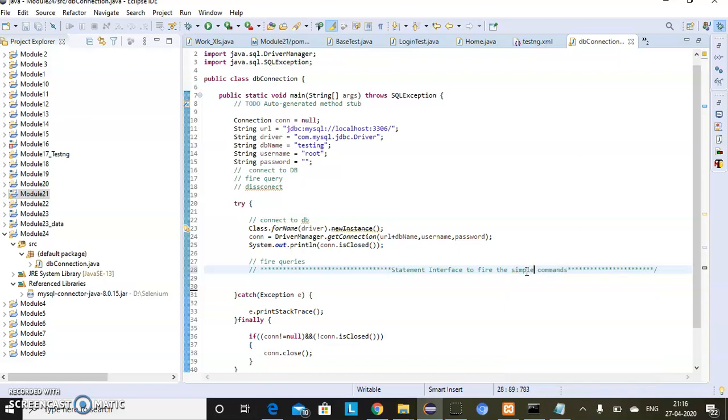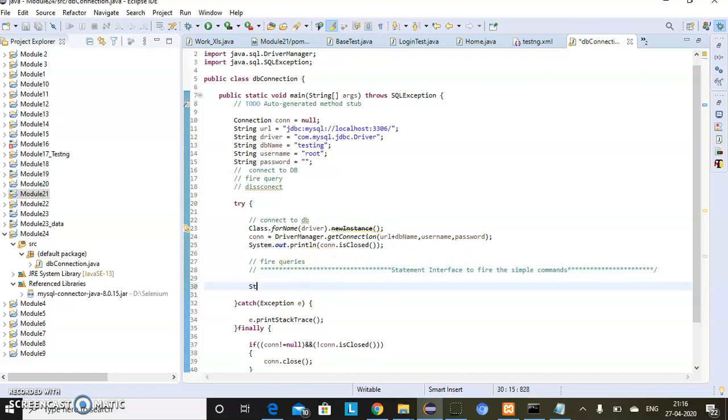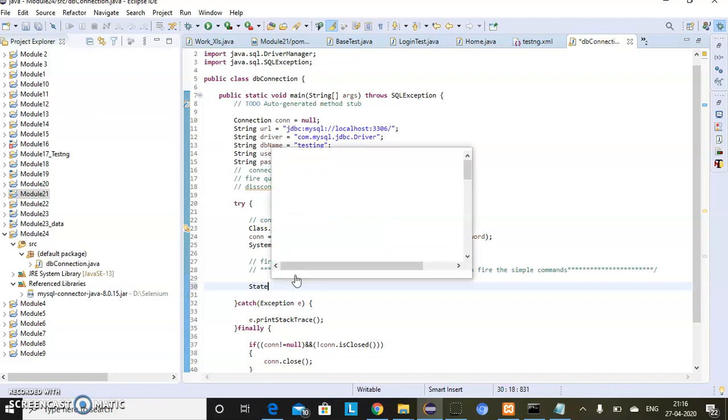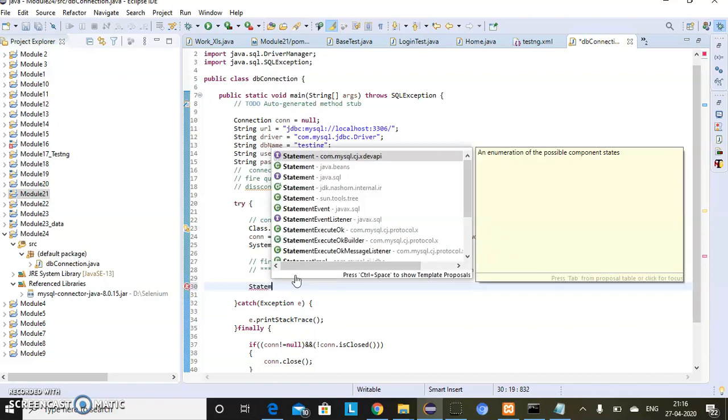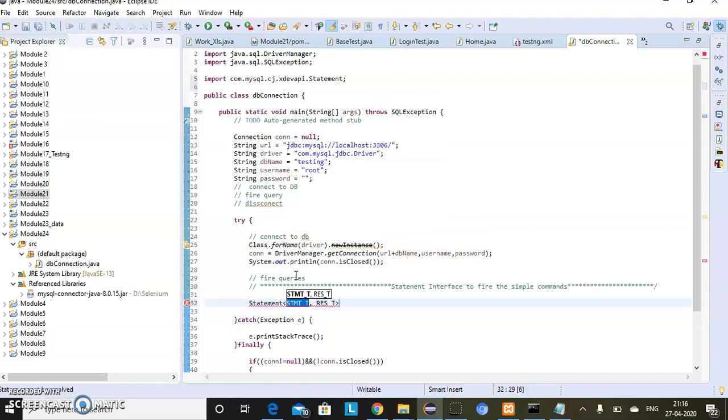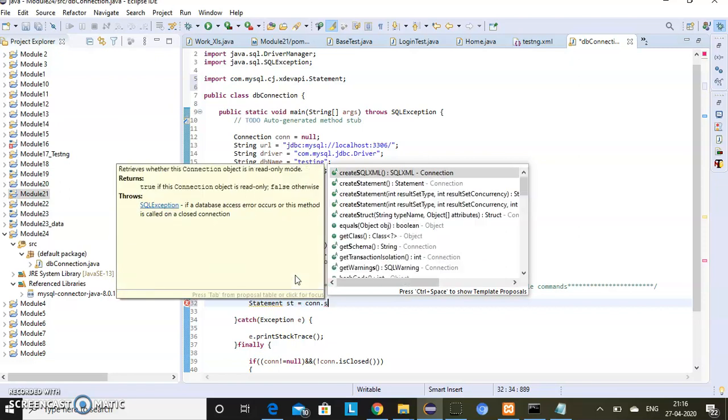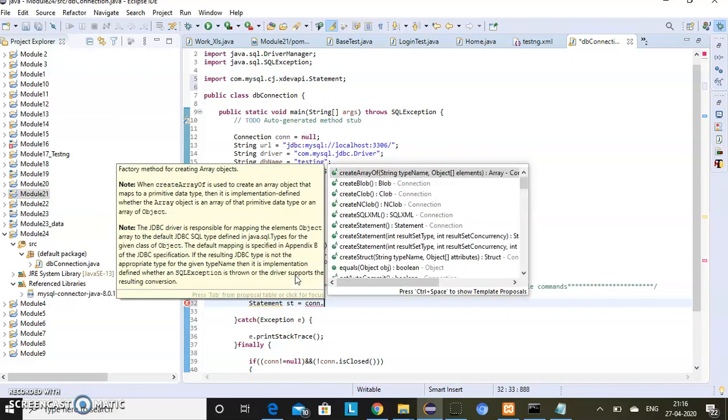In the next session I will show you how we can fire queries with the help of Statement. There is an interface with the name Statement. I will explain in detail how it works in the next session. Be with me. It's not very difficult, it's interesting. Thank you, thanks a lot.